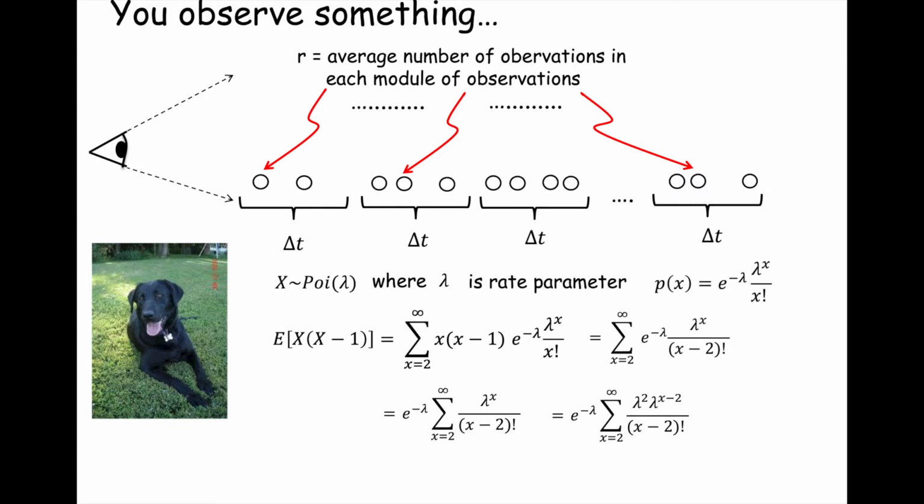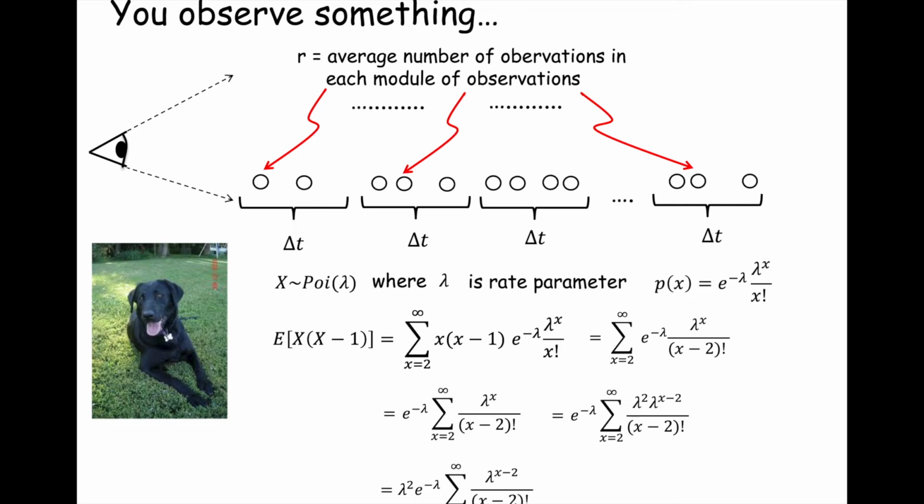Okay, so now this is where it starts to look more and more like a Maclaurin series. Now, I take this lambda squared that's inside the summation. That lambda squared does not involve x. It looks like a trick, but no, it's not a trick. It's just rules of mathematics. This lambda squared is a constant, doesn't involve x anywhere, so it looks like a constant underneath that summation. So now I can factor this out from underneath that summation. I do that, and I get lambda squared times e to the minus lambda, and I have my summation, lambda to the x minus 2 over x minus 2 quantity factorial. Okay, so that's just a little bit of algebra still.